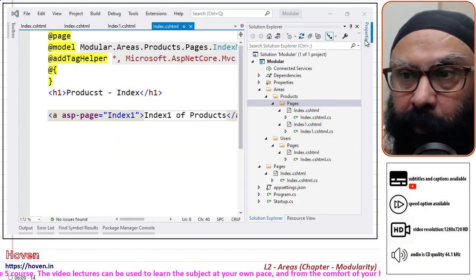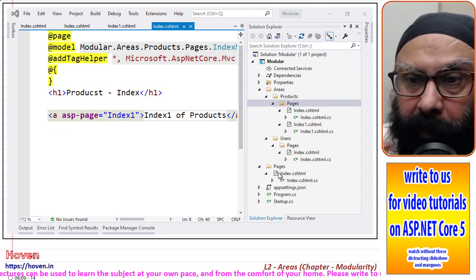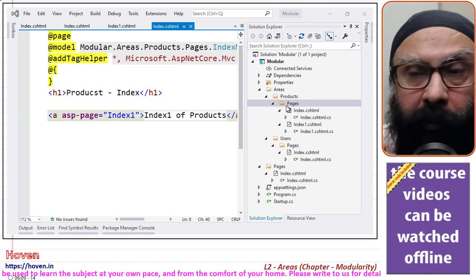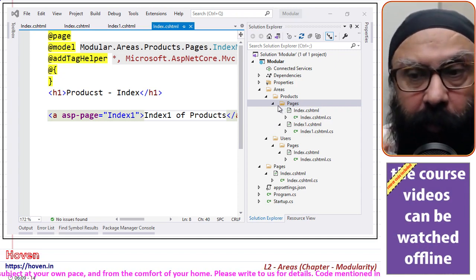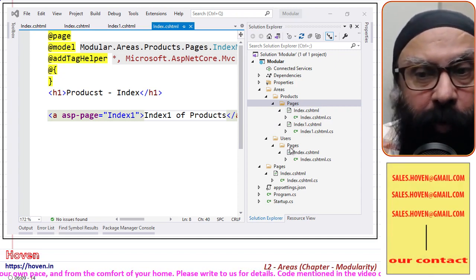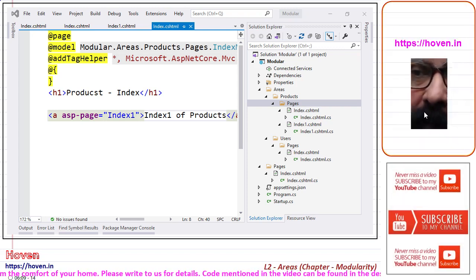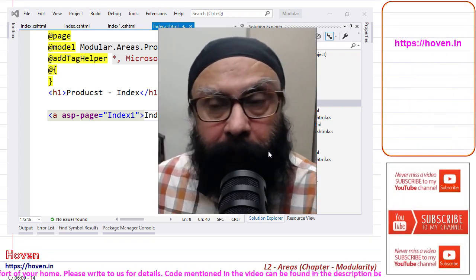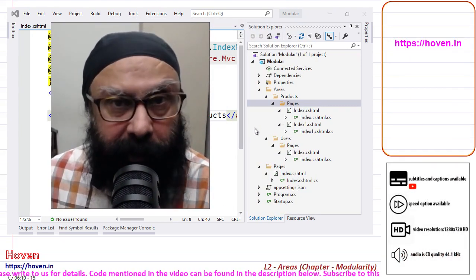And now I'll tell you one more thing, that your pages folder can contain its own view imports file also. Users pages folder can contain its own view imports file. So now you can have the whole tree here.